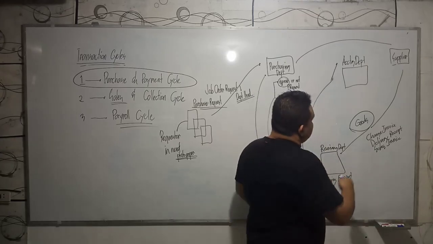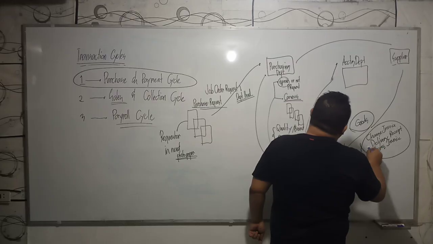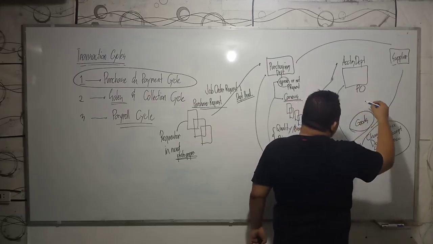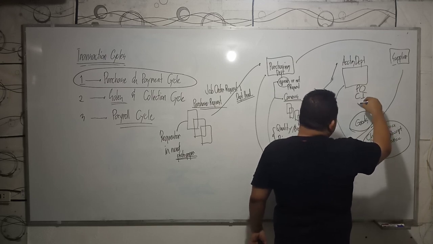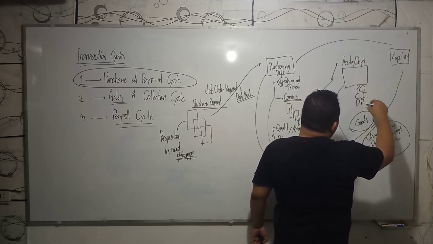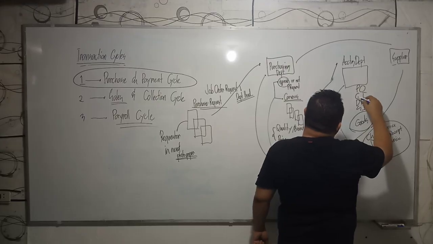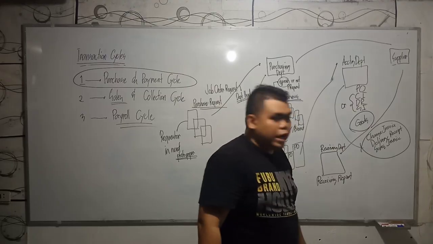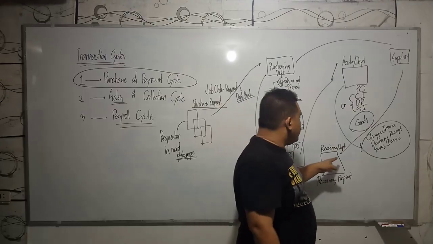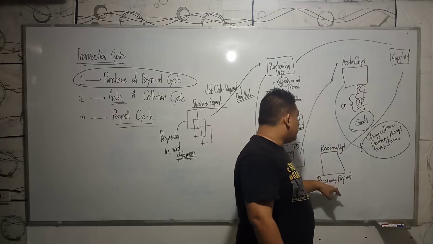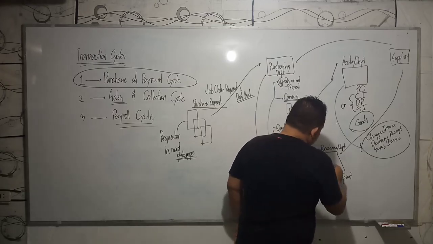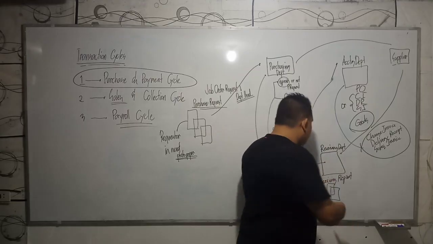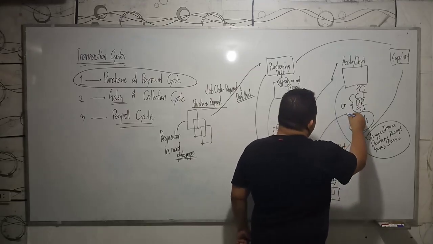Now, how about this charge invoice, delivery receipt, and sales invoice? This charge invoice, delivery receipt, and sales invoice normally goes to the accounting department. So the accounting department now has the purchase order, and the charge invoice, delivery receipt, or sales invoice. So these are either-or of those three. Okay? Now, since the receiving report has been made in the receiving department, there will be a copy of the receiving report that will be left with the receiving department, and the other one will go to the accounting department.